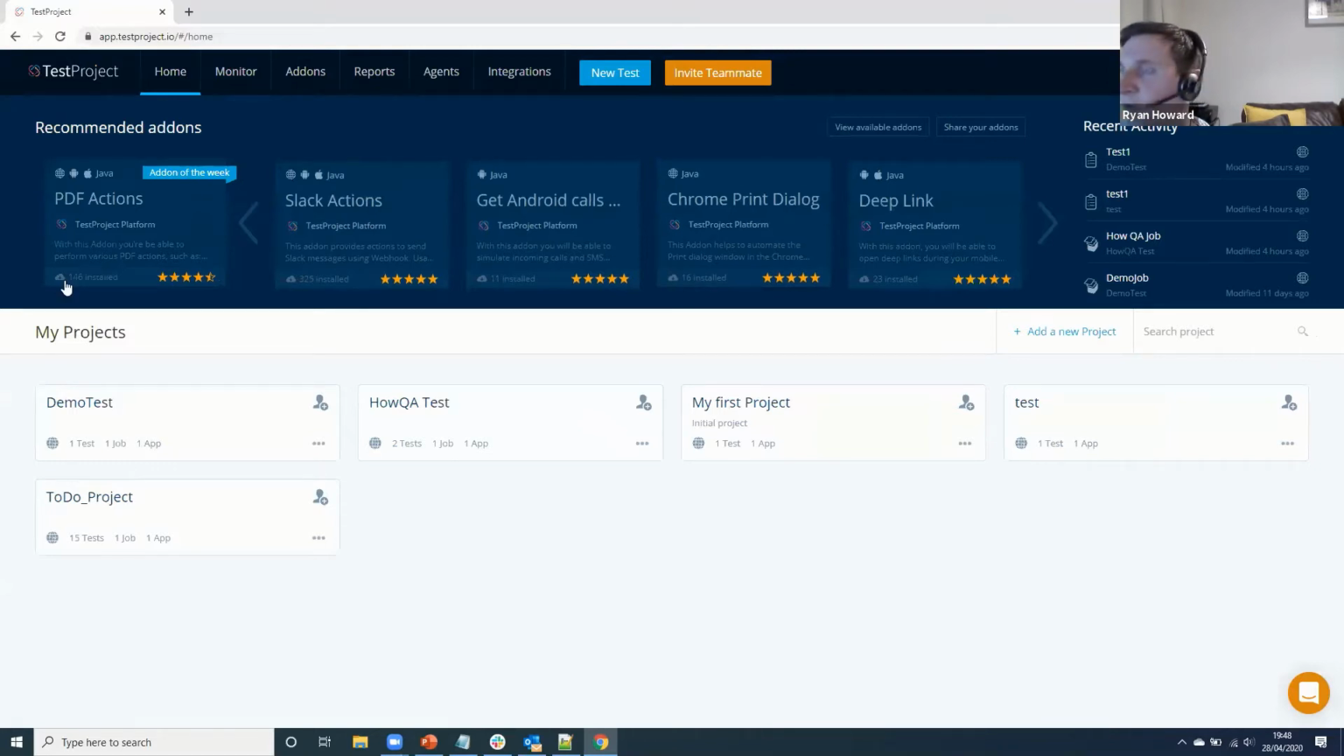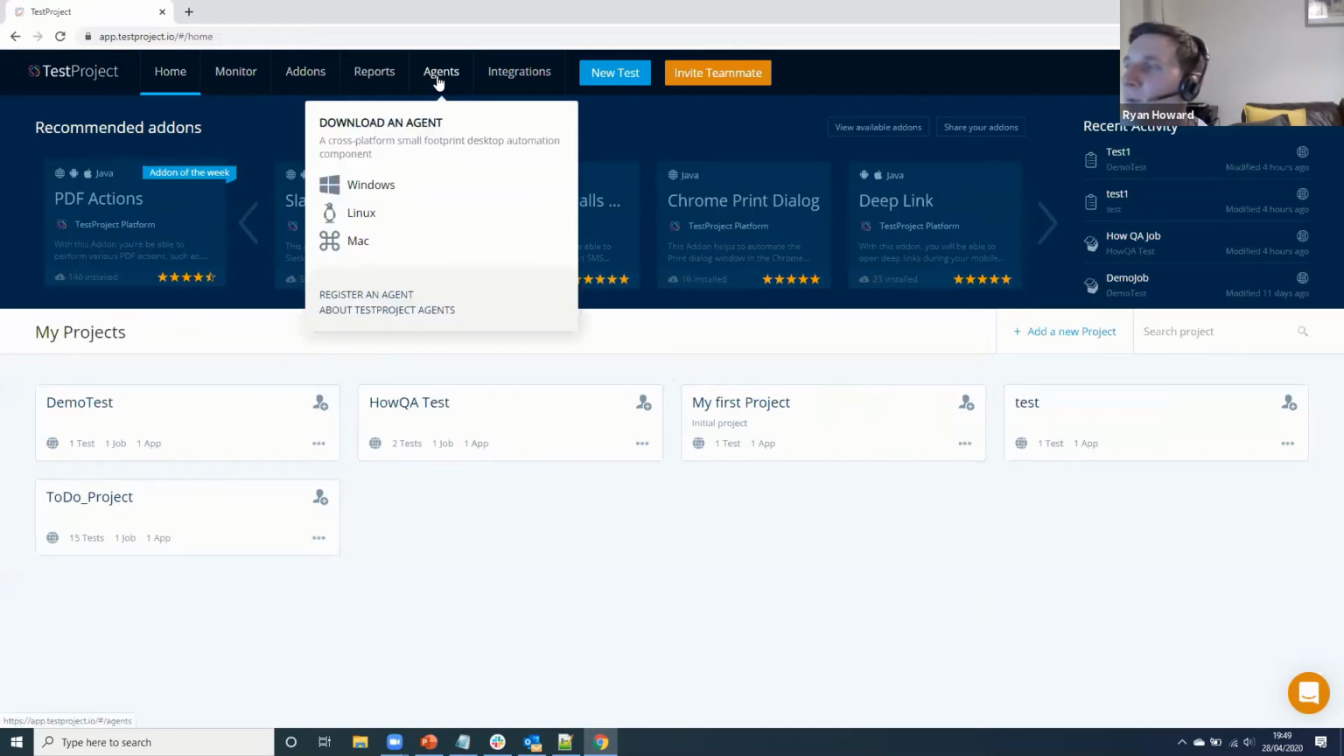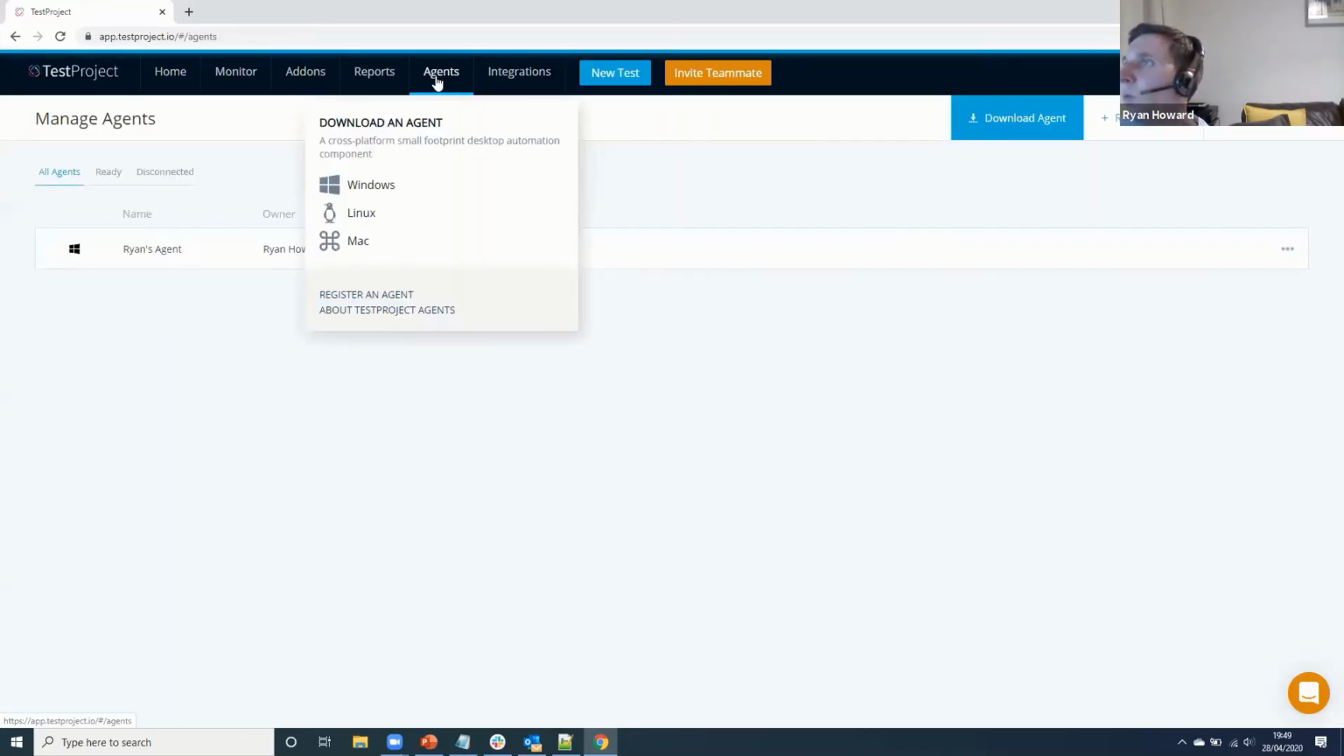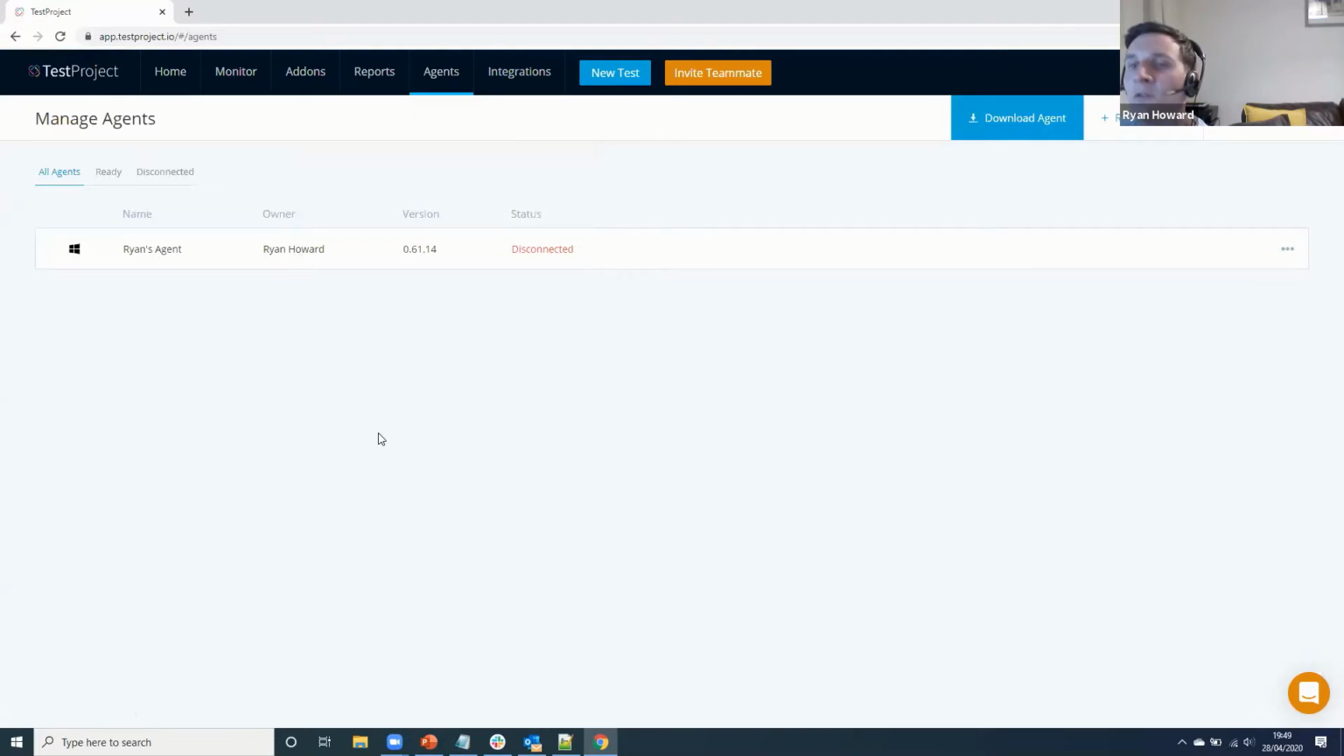So what I'm going to do is start from scratch. Here I am in my TestProject application. These are projects that I've already worked on, so I can drill down into any of these and see tests that I've already written. I'm just going to draw your attention to this agents feature here. An agent is the tool which actually runs your tests. An agent can be installed on any machine, a Windows machine, Linux,